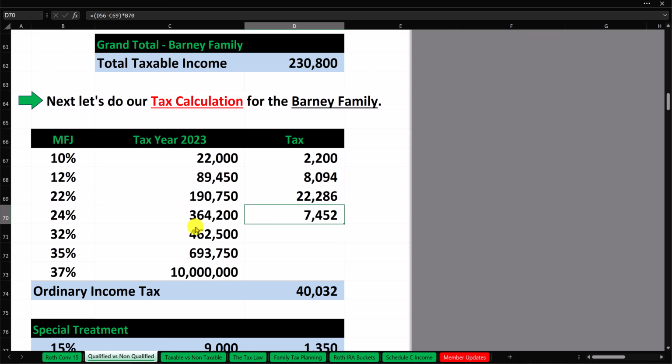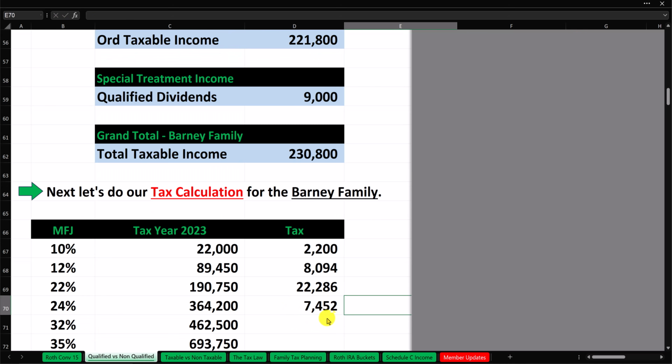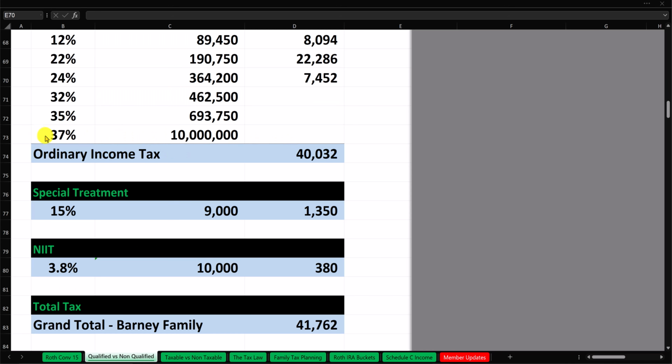And then finally in the 24% bracket, what are we going to do for this calculation right here? Is it going to involve this number? No, because we have not reached this level of taxable income yet. In our situation, we are at $221,800 of ordinary taxable income. So this tax right here is calculated as the $221,800 minus the top of the previous bracket multiplied by the rate applicable to this bracket, giving us $7,452 of tax in that bracket. So the grand total ordinary income tax for the Barney family in this situation is